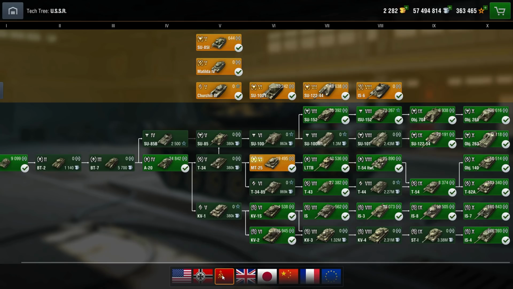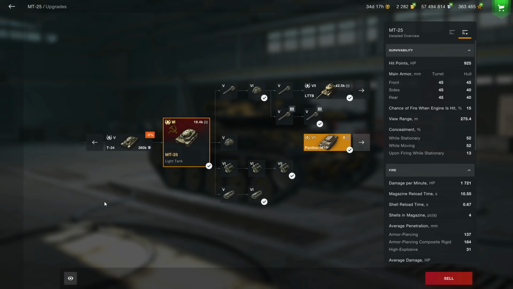Now, let's talk about the Russian Tech 3. So, as you can see, I'm gonna start with the first one I enriched, the MT25. It depends on your playstyle. What I love about the MT25 is the gun, because in 10 seconds you are gonna reload something that puts 400 damage to your opponents if you manage to put all your shells. And the reload between the 4 shells is only 0.7 seconds, so you're gonna be able to fire quickly,